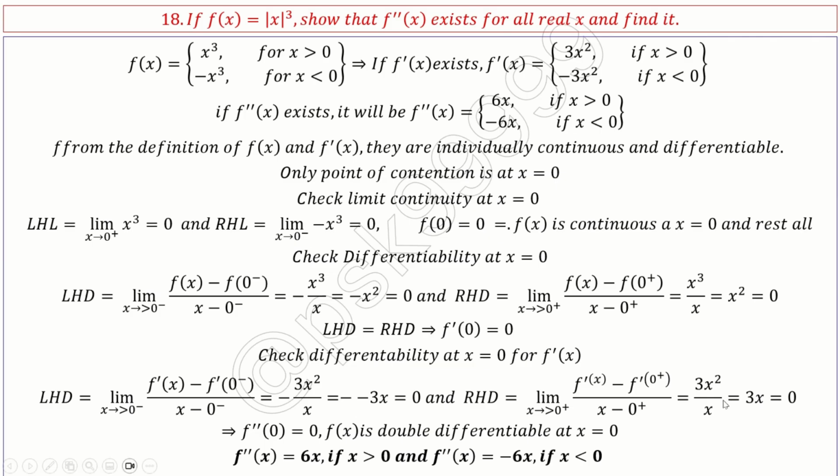Correct? So which means f double dash x equal to 6x if x is greater than 0, f double dash x equal to minus 6x if x is less than 0. Okay, and yeah, it is differentiable. Next,